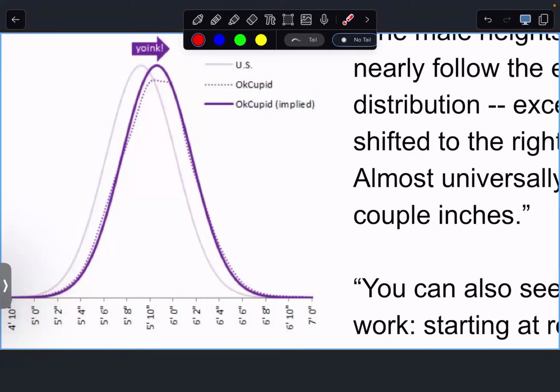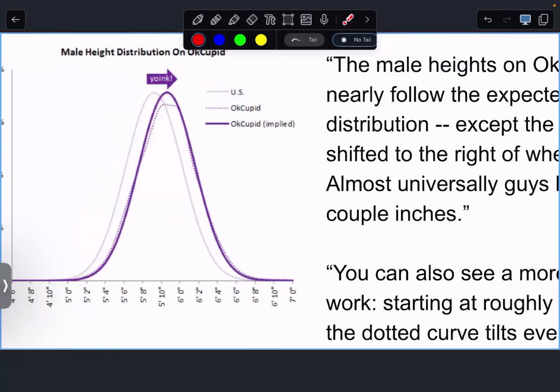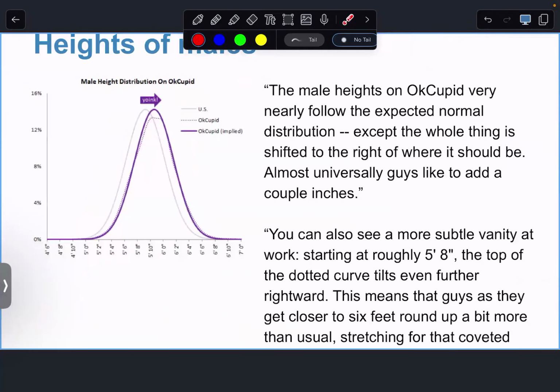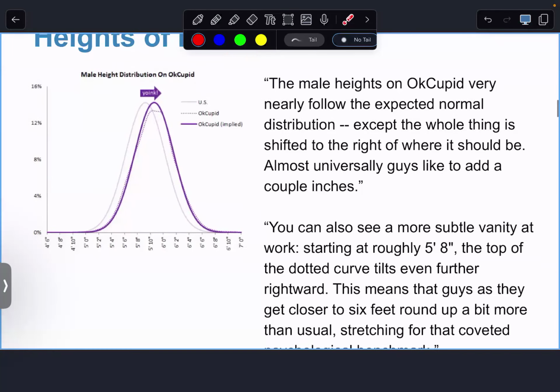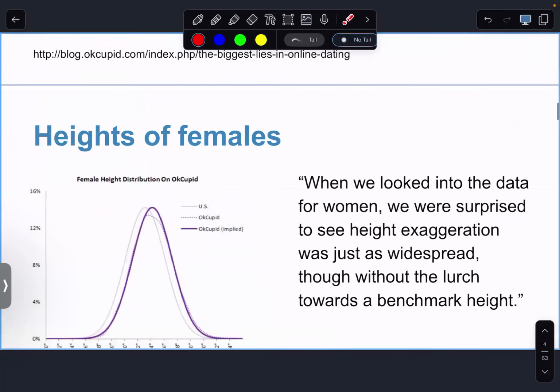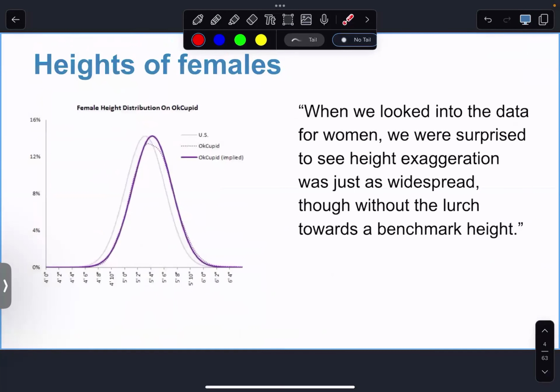What they're finding is they don't, but they do though, right? Probably, most likely. And so then the whole curve's been shifted over a little bit. Okay. So the same thing happened with females, which is also kind of interesting. Everyone just wants to be taller, but